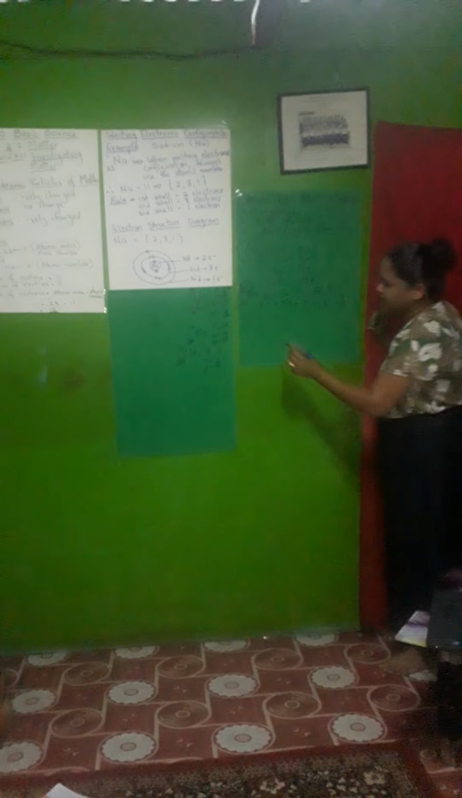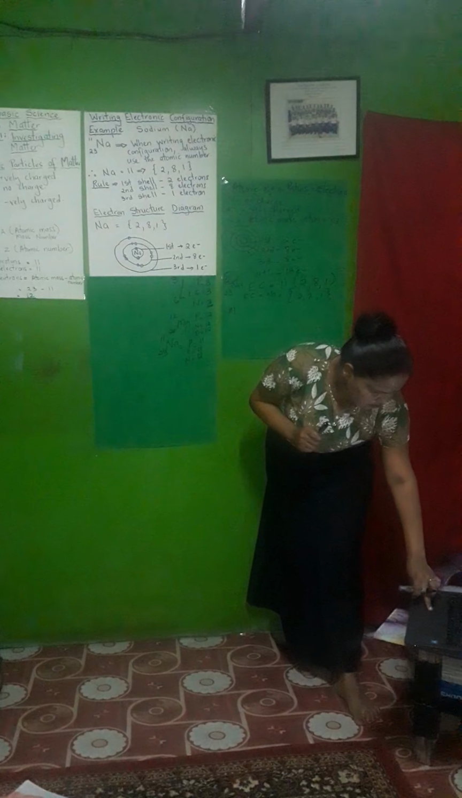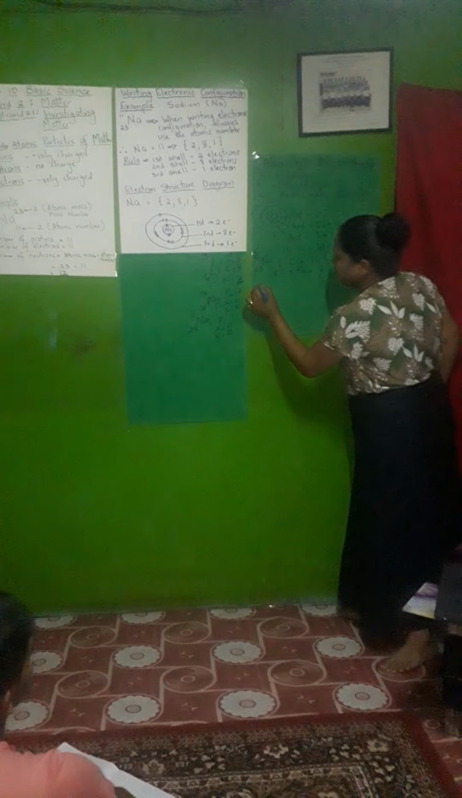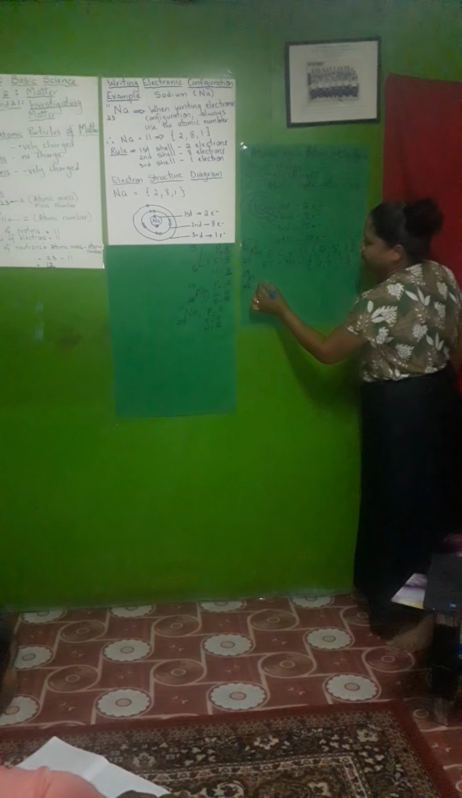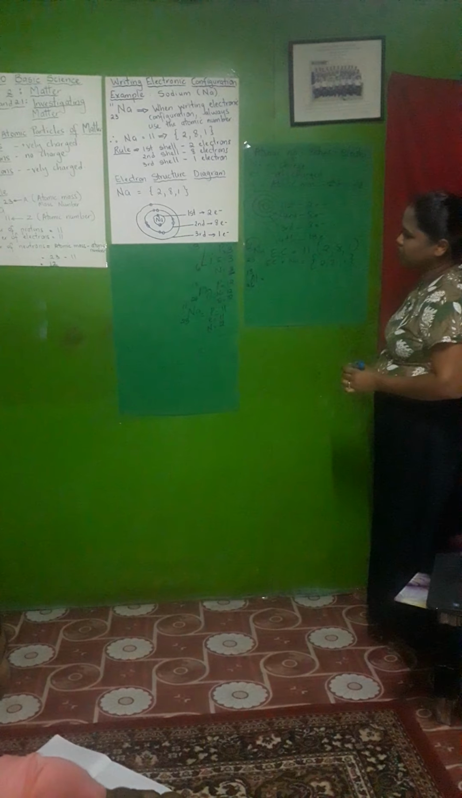Understood? Let's do another example. We look at aluminum. According to our periodic table, when you look at the periodic table, you will see that aluminum is found in group 3, and the atomic number of aluminum is 13 and the atomic mass is 26. Therefore, in order to determine the electron configuration of aluminum, the first shell is going to